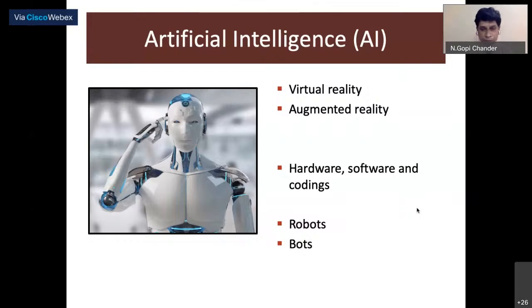Hope people understand the terminologies of hardware and software and coding. There is also understanding required in terms of robots and bots. Robots are devices that can help you in terms of mimicking activities. Bots don't have the devices. It's more in terms of mechanical or physical devices not being seen in bots. It's going to be more in terms of software. Whereas robots will have a physical simulation, some kind of physical resemblance by which it can mimic